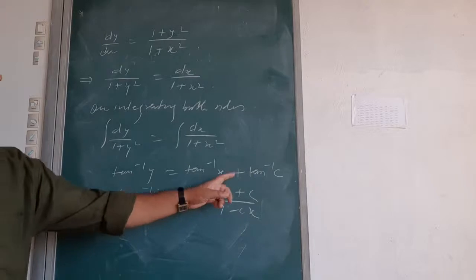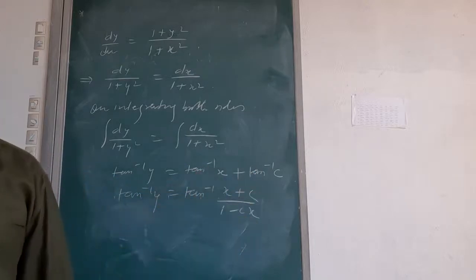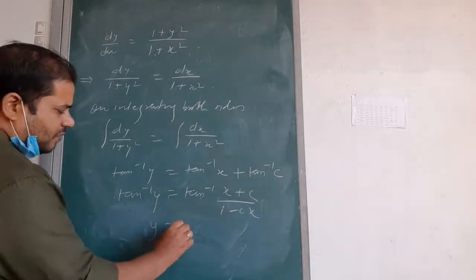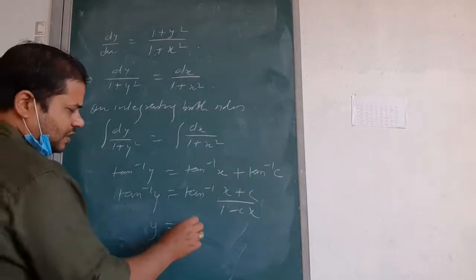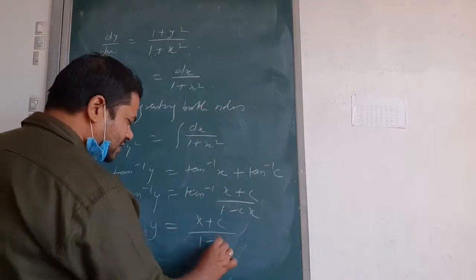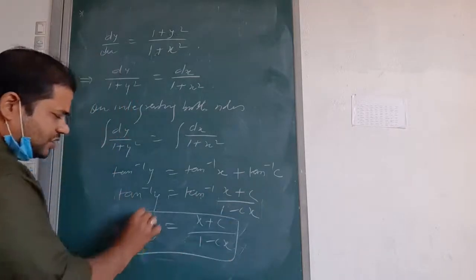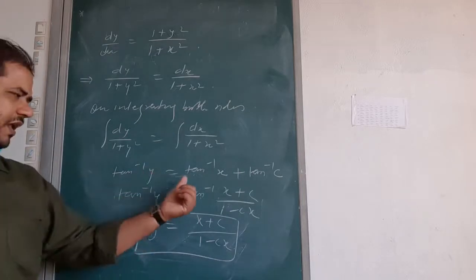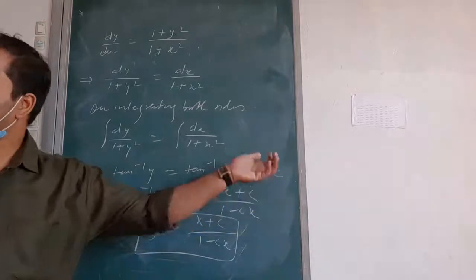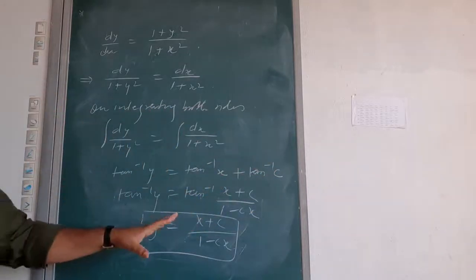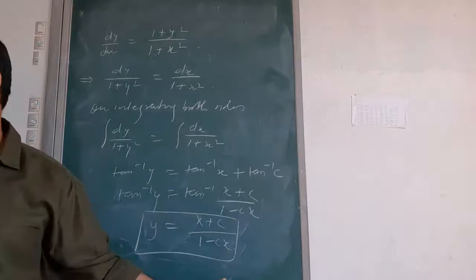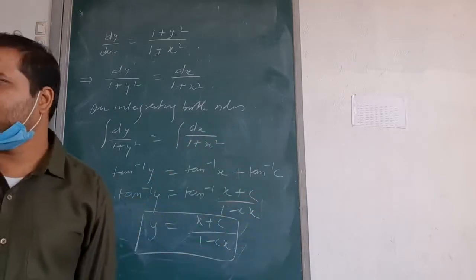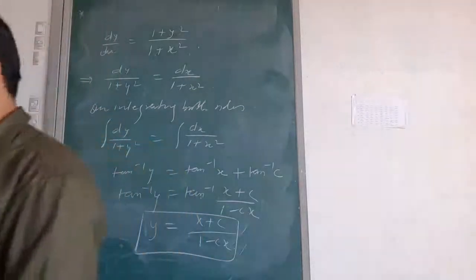Tan inverse x plus tan inverse y, this is the formula for tan inverse. So tan inverse is an operator, that's why it is not there. y is equal to (x plus c) upon (1 minus cx). So this is the solution. This curve is the solution. But if you want, you can leave it here only. You just write c. This is also correct. No problem. Don't bother about matching the answer. Just integrate and leave it. Understood? Okay. Note it down.